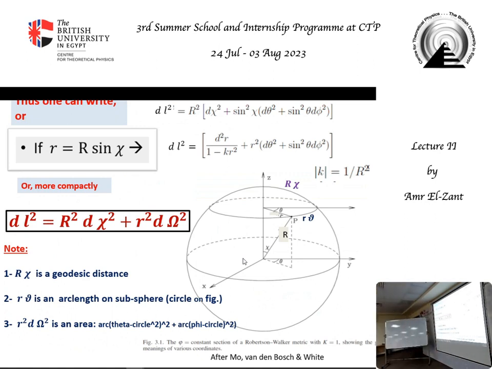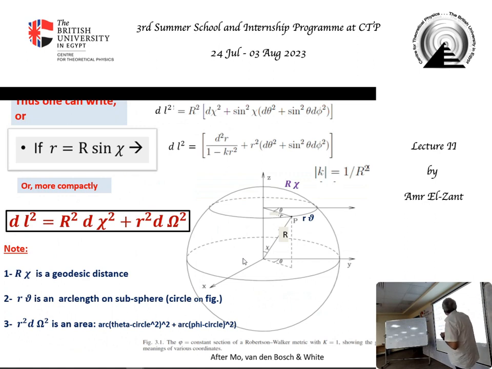I'll give you a PowerPoint, and it's useful for you to do the exercise. Is this FLW? Yes, but not yet, because we're missing the time part and the a. But on the next slide, it will be there. It's almost there. If k equals 0, this is just a Euclidean coordinate, the r of the Newtonian. But this r is not always the r of the Newtonian sphere. It's only the r of the Newtonian sphere when k equals 0. So what is k? It's 1 over r squared, a curvature. So k is 1 over the radius of curvature squared, so it has the dimension of a scalar curvature.